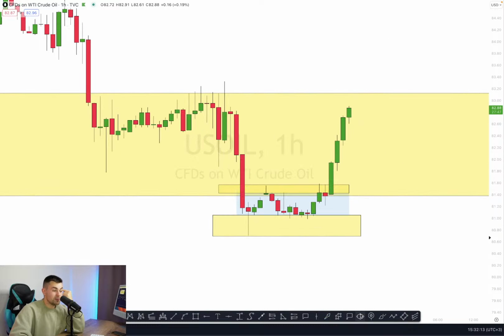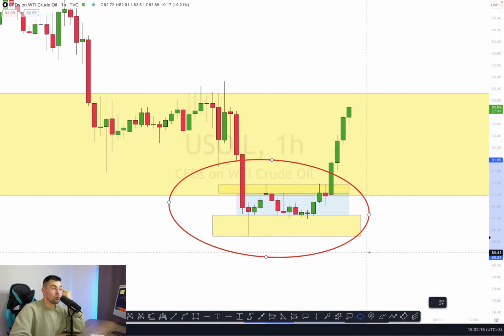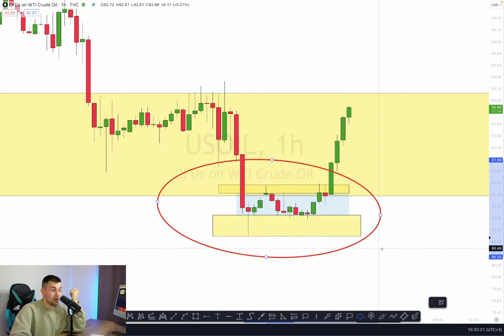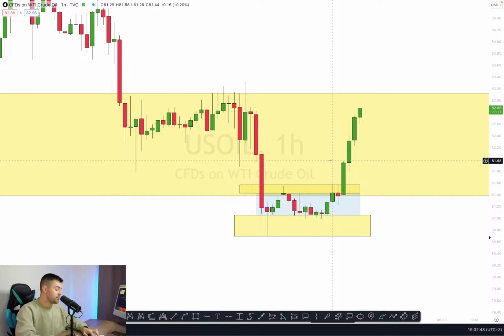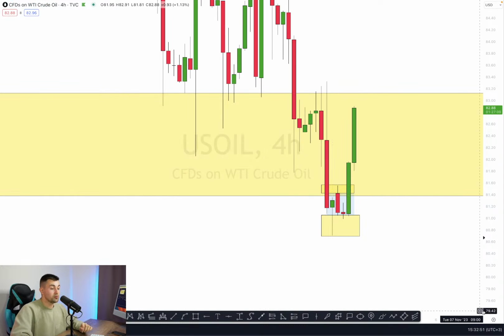So it feels like, traders, that entire violation was the manipulation. Yes, it was the stop hunting. The market maker knew that the stop losses of the retail traders are somewhere here. So we saw a manipulation right here. And after the big players got the stop losses of the retailers, the growth initiated. You can see that currently oil is growing nicely, and it makes me think, traders, that oil may go even higher.